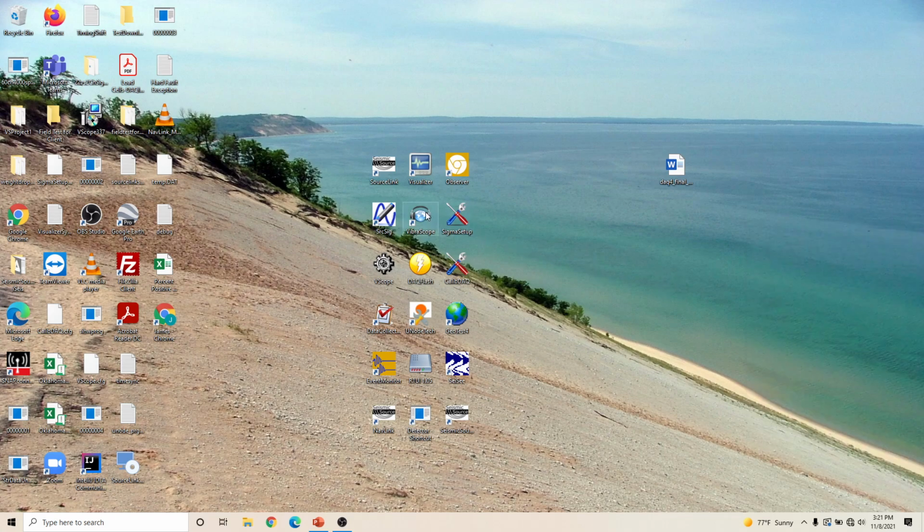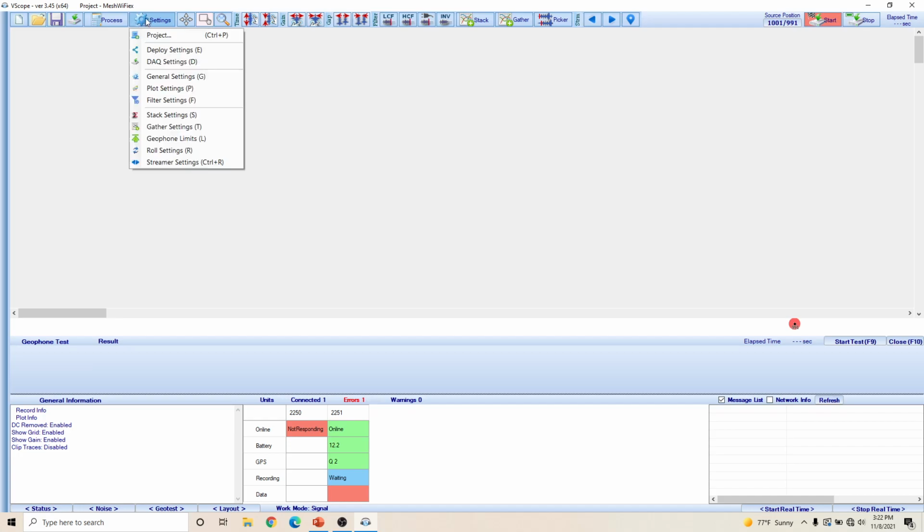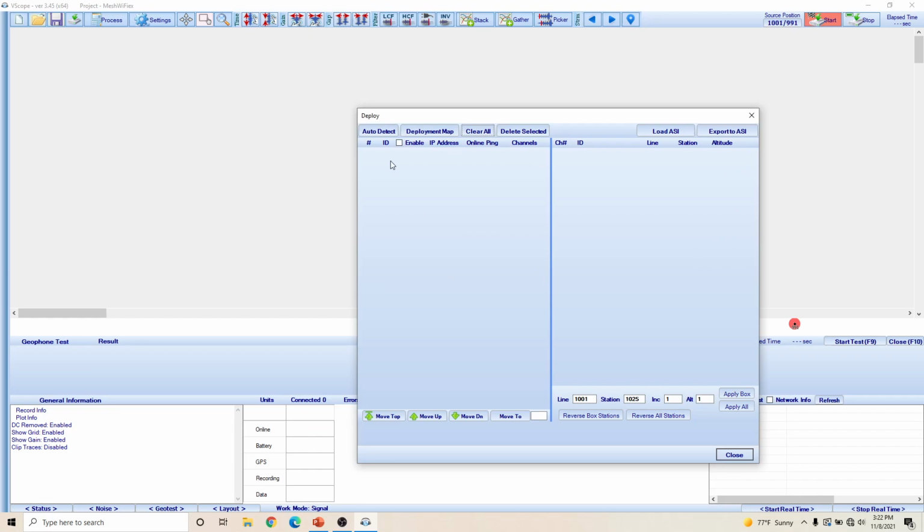Now we're going to go over here and open Vibroscope or vScope 3. We're going to go to Settings and go to Deploy Settings. When you're first trying to connect to your units using the mesh Wi-Fi network, the first thing to try is the auto detect feature. This sends a broadcast discovery message. So we click auto detect,